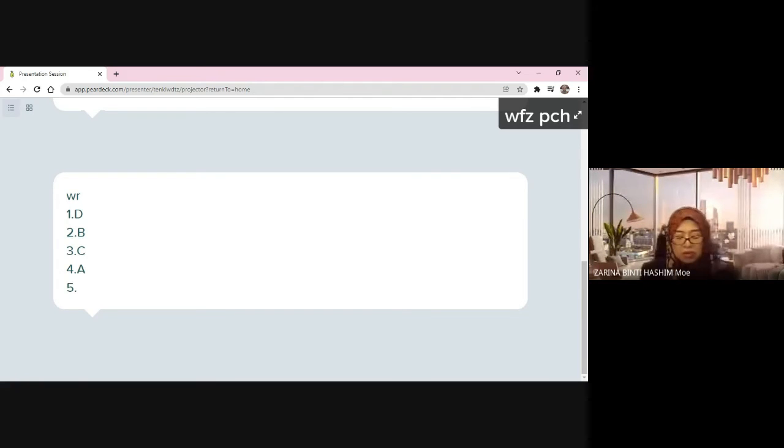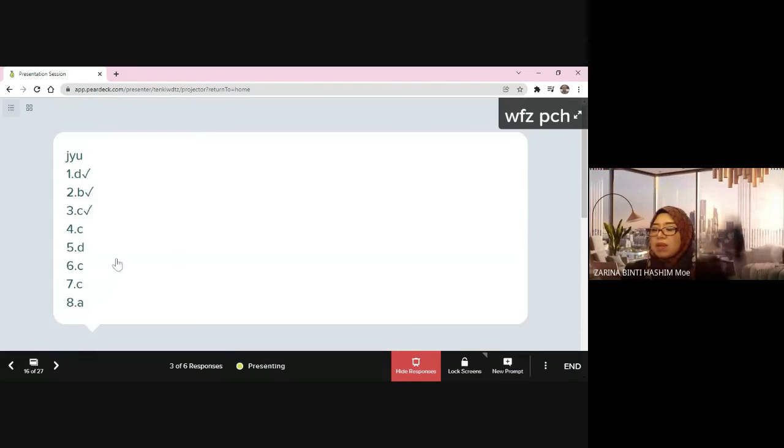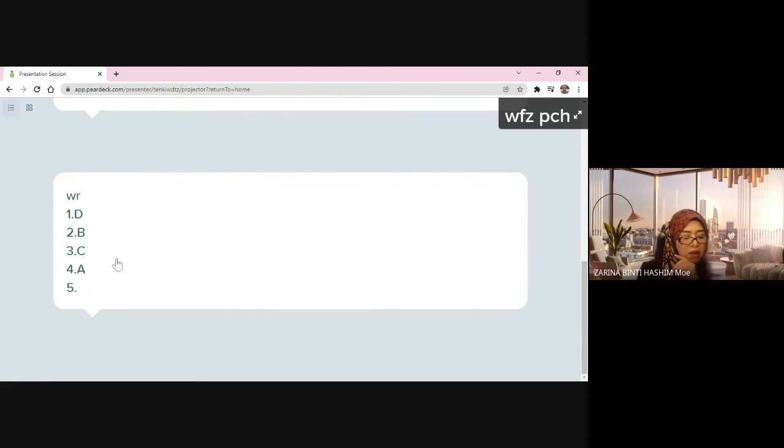Which one will you not experience? Do you say C? Whereas you say A? Yes, the answer is A. Means fear, if you go by the text. It's not in general, but based on the text. They did not mention fear. Maybe there is fear if you are posting something not good on Facebook, they might have the feeling of fear. But here, based on the text, they did not mention the word fear. So the answer is A.